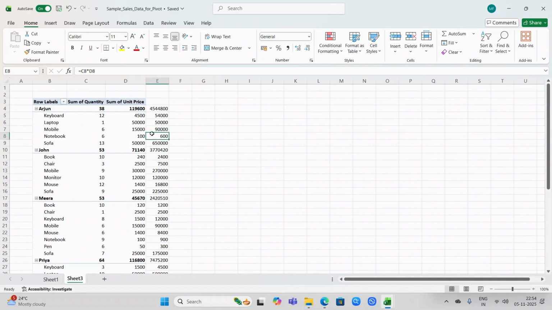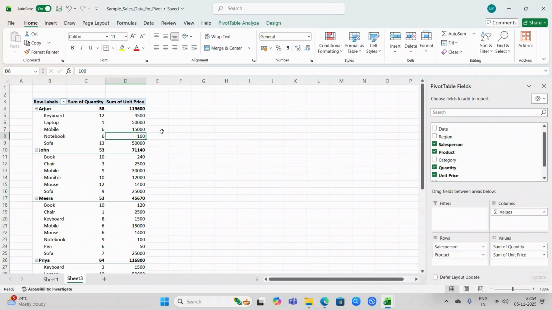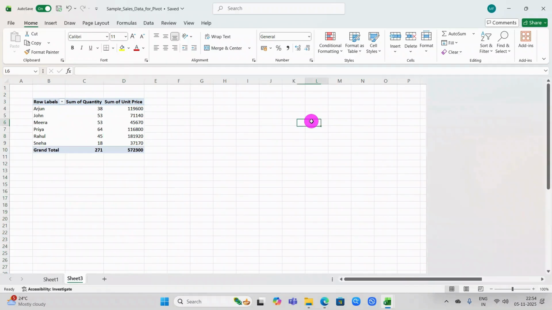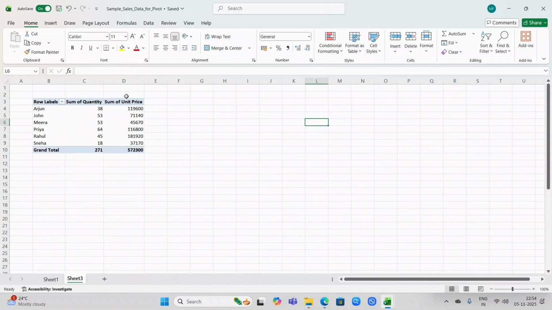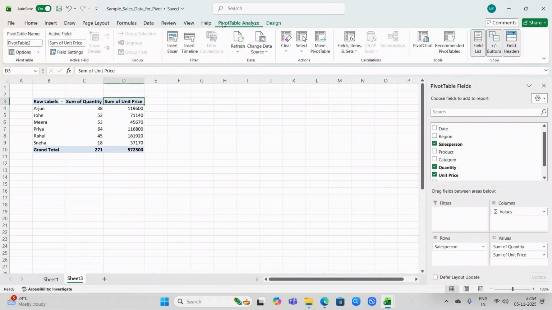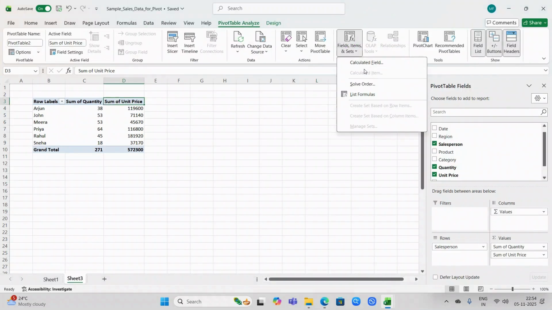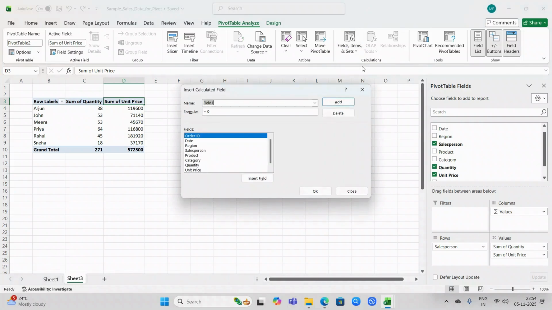So, in order to tackle this problem, we have the feature of a calculated field in pivot table. So, let's see how to bring a calculated field in a pivot table. Just click anywhere on the pivot table. You see the pivot table analyze option. Go to fields, calculated field,